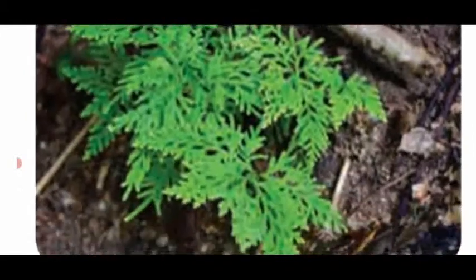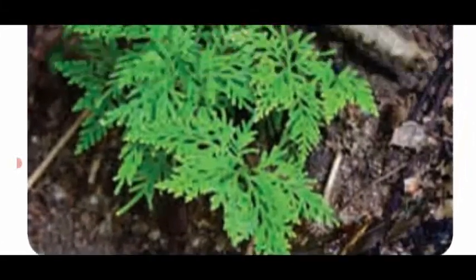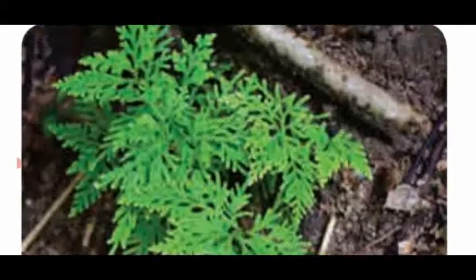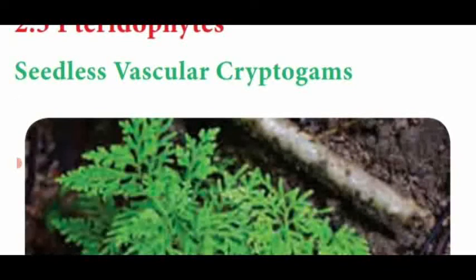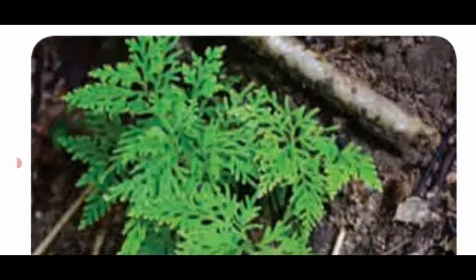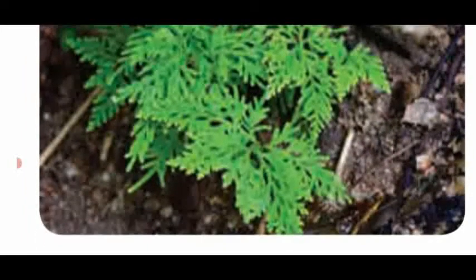This is one of the diagrams of pteridophytes, which are used as ornamental plants. In some houses, they are grown in pots. That is said to be the pteridophytic plant, which is dichotomously branched. Each and every branch is divided into two. That is said to be the dichotomously branched stem-like portion present in the plant body.